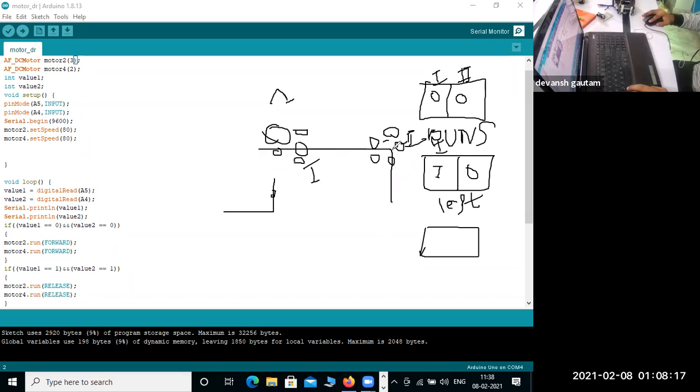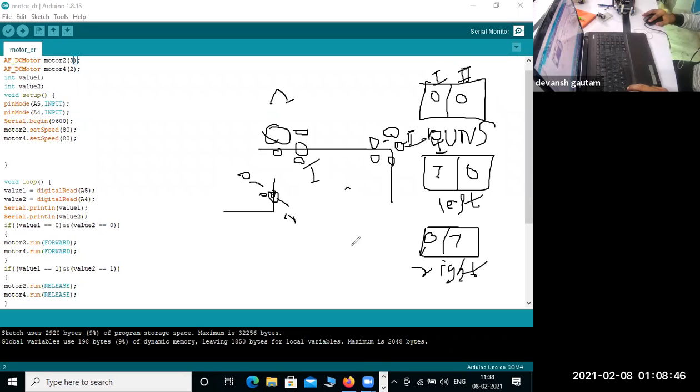The first sensor has 0, and the second sensor is on the black line, so it will show 1. So we have a 0 and a 1. What it means is we need to move right.